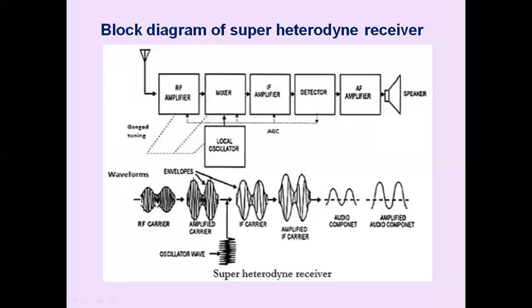The RF signal, with the help of the local oscillator signal, is converted into IF. The IF signal is amplified. The message is recovered. The message signal is amplified and fed to the loudspeaker. Whatever may be the incoming RF signal, this message is placed onto an IF value so that the next circuits are common, and then we can provide better sensitivity and better selectivity through the super heterodyne receiver. That is why it is the most popular type of receiver. Nowadays, we are making use of this heterodyning principle in all commercial applications.